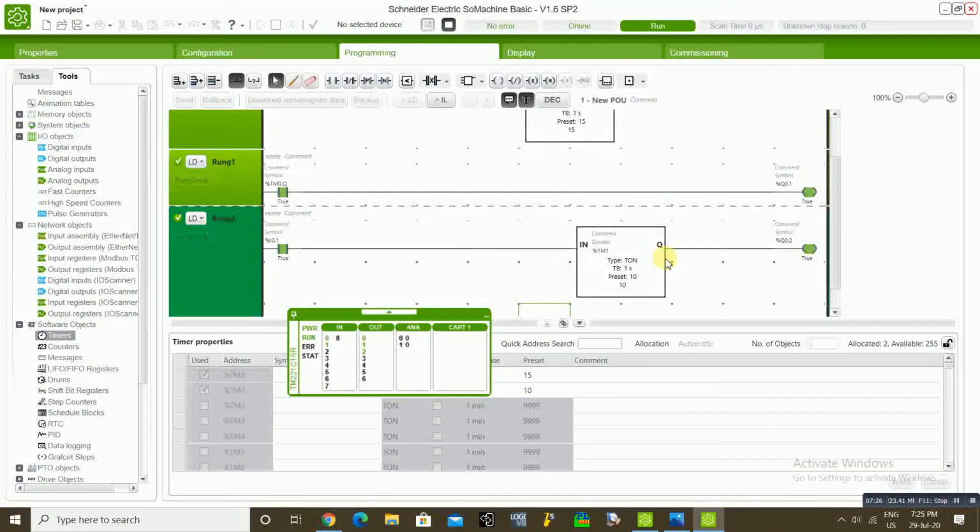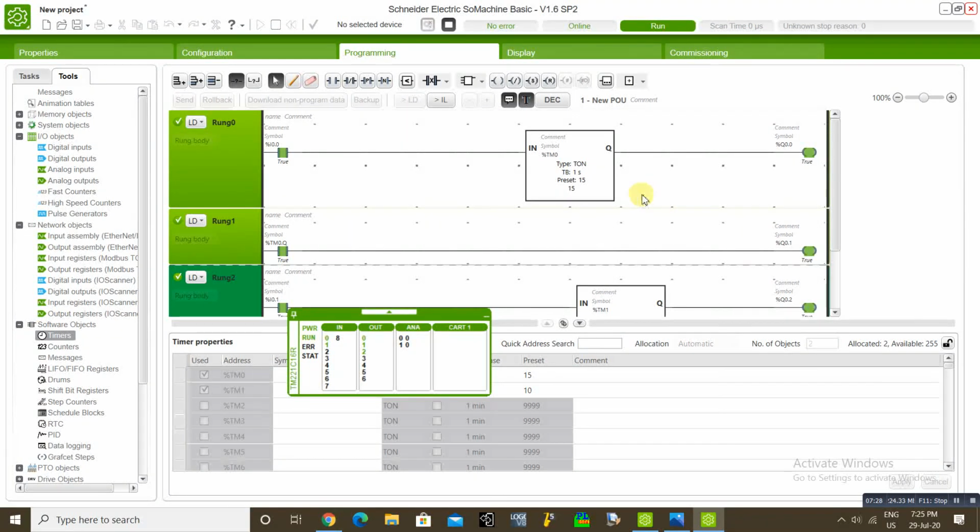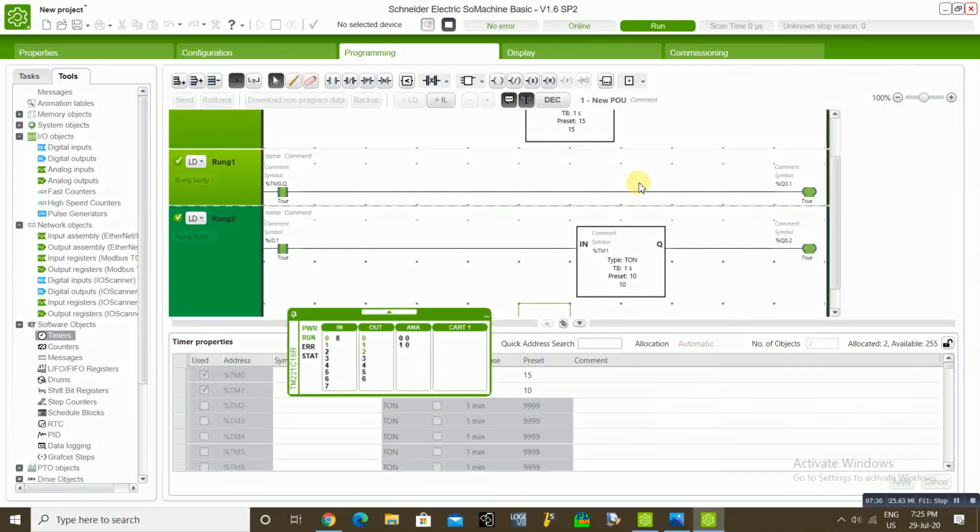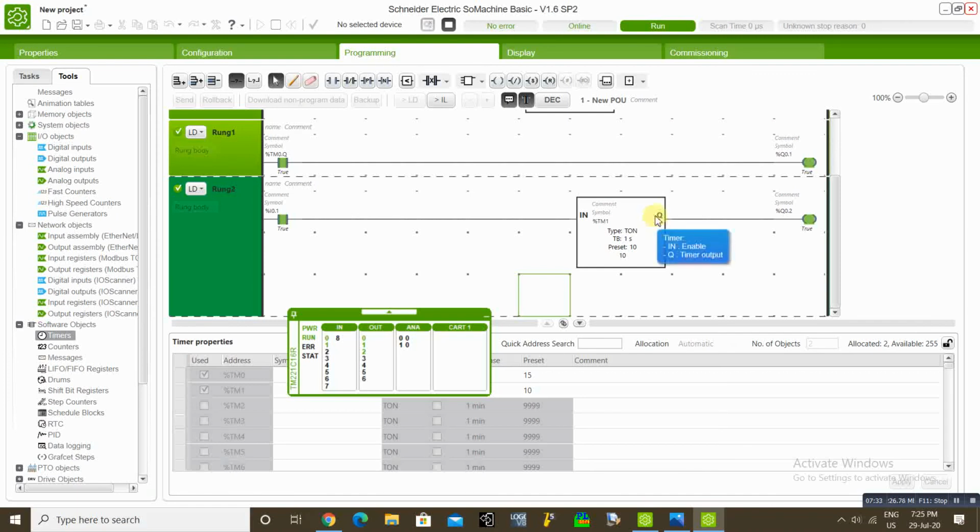So this is how you can configure your delay on timer in this application. You can use these timers in your different logic to achieve your different applications or logics.